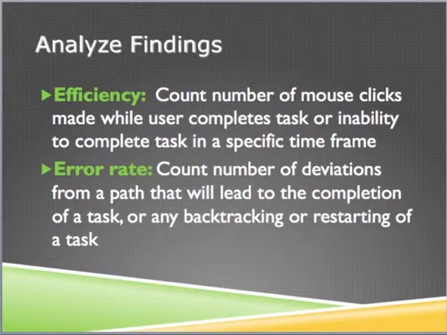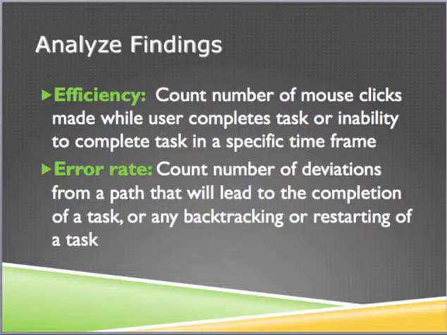Now, there are a few ways that you need to analyze the findings, and I'm going to walk through a few of those ways. With measuring efficiency, you need to count the number of mouse clicks made while a user completes a task. And then you have to note if a user is unable to complete a task. So before you do this, time how long it takes to complete the task, and then watch the user. And then you'll time it and see if that user can complete that task within that time period. It's important that if you have more than one observer, that both of you are using the exact same time